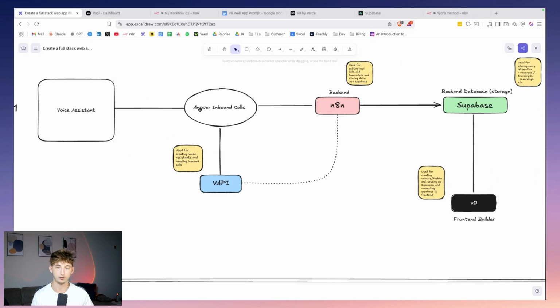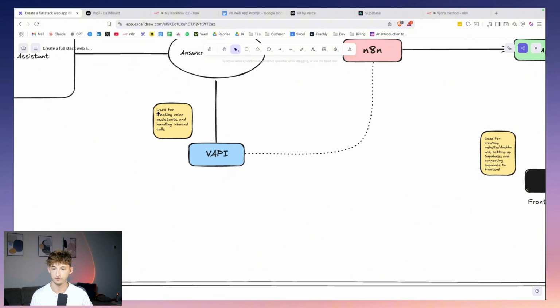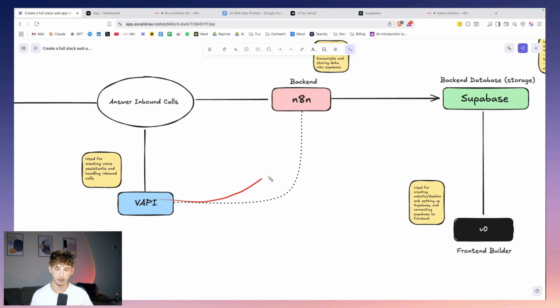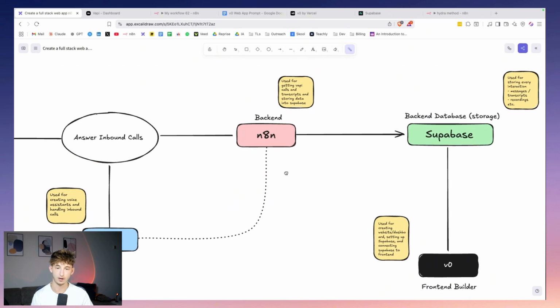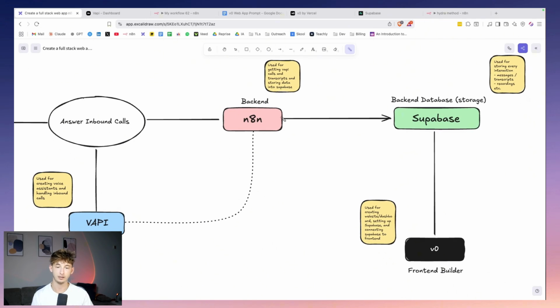So what we want to do is set up to answer inbound calls. And how we're going to use this, as I just mentioned, we are using Vapi. So Vapi is going to be used for essentially just creating voice assistants and handling inbound calls for us. From there, we're going to take Vapi and we're going to store everything into n8n. n8n is going to be our backend. Beyond that, n8n is going to be used for getting Vapi calls and transcripts and storing the data into Supabase